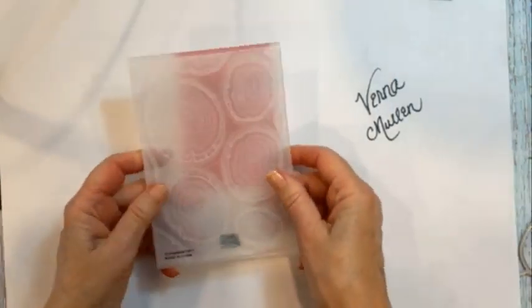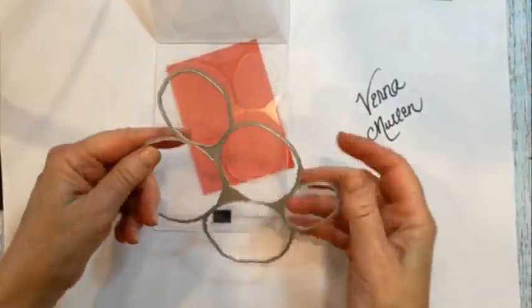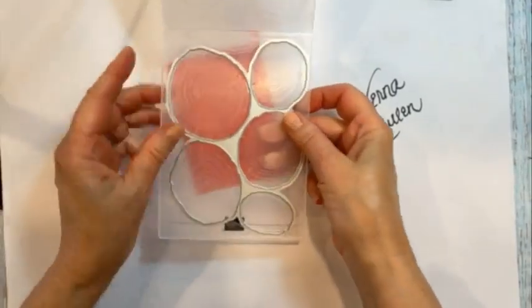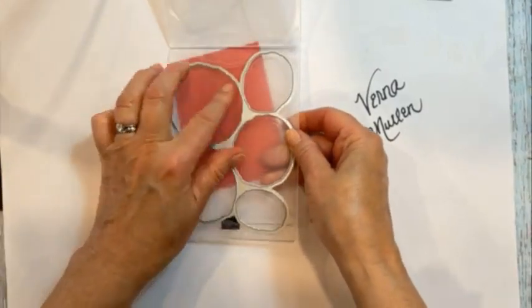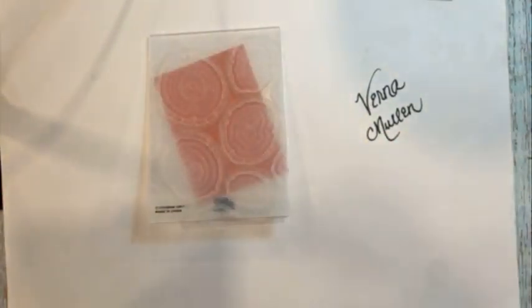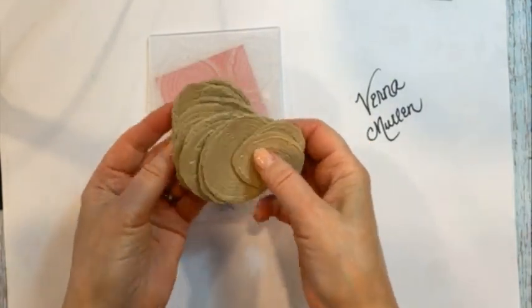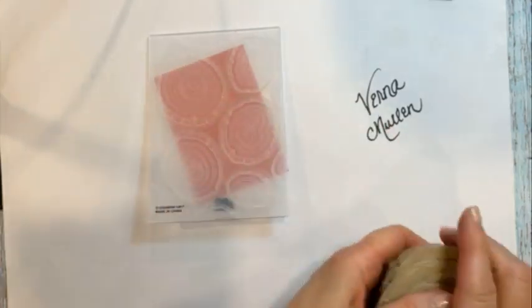And it embosses and makes tree rings on whatever you're embossing. The really cool thing is, this is a hybrid embossing folder. If you set these dies in here while you're embossing, it will cut all these little rings. And I'll show you what they look like. So I've done a whole bunch of them here. They're all different sizes. And then also in that die set,